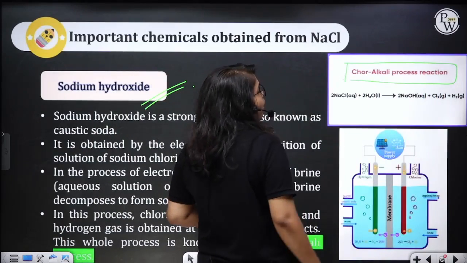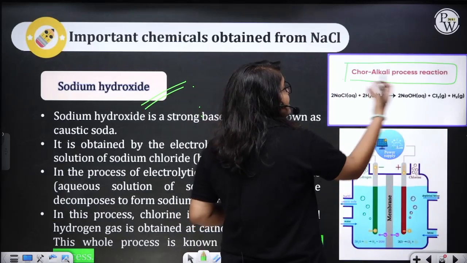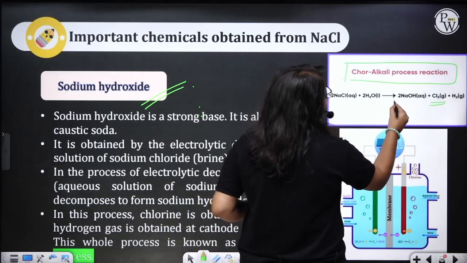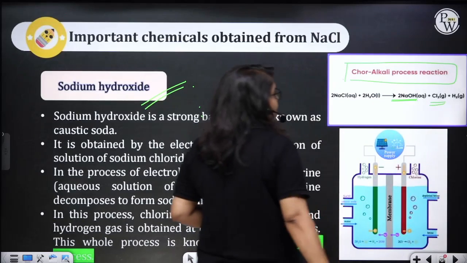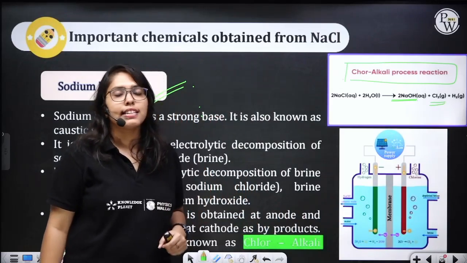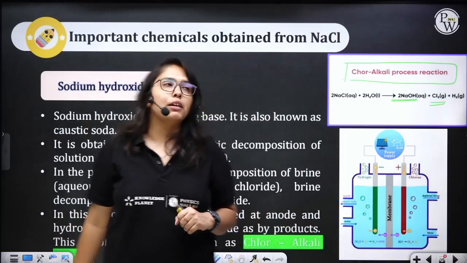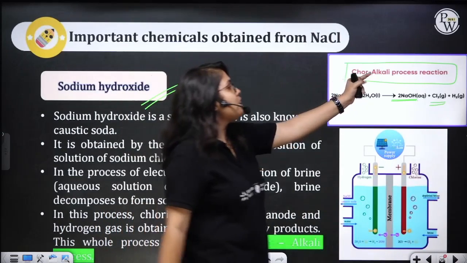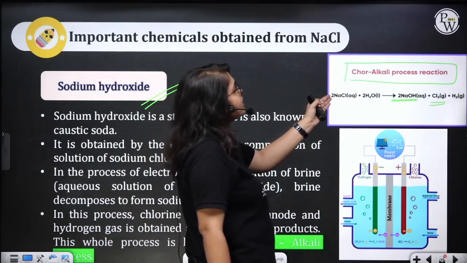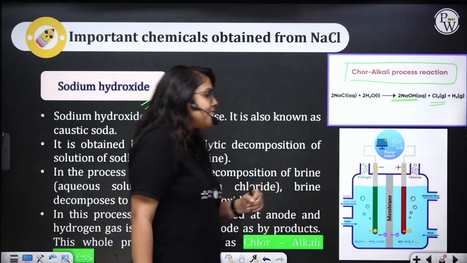Why is it called chloralkali? Because in the product side, chlorine gas is formed and an alkali, that is sodium hydroxide, is formed. We all know what an alkali is. Alkalis are those bases which are soluble in water. Thereby, this is known as the chloralkali process. Now, what basically happens over here? We take the aqueous solution of NaCl,